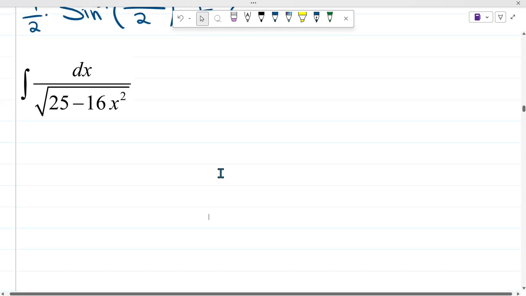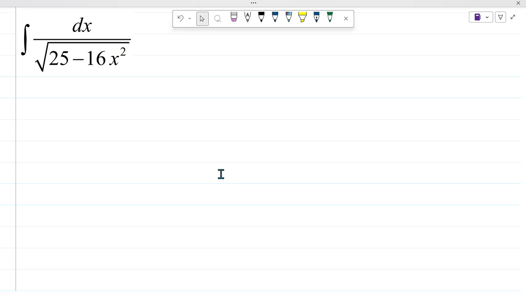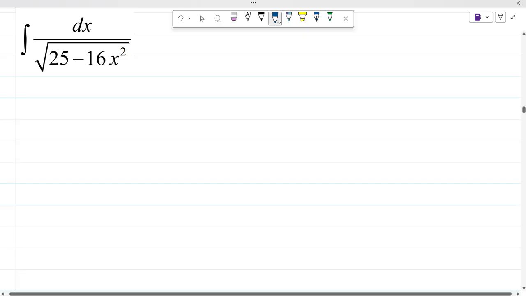Alright, now we have this guy. We have the integral of 1 divided by the square root of 25 minus 16x squared dx. Remember that this question could be solved in a lot of ways. I've already shown you a way up there. So if you don't prefer the way that I'm doing, you could use one of the methods that I showed you up there. I showed you up to 3 methods whereby